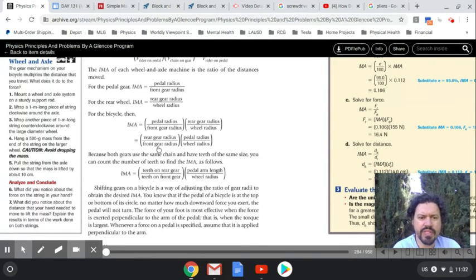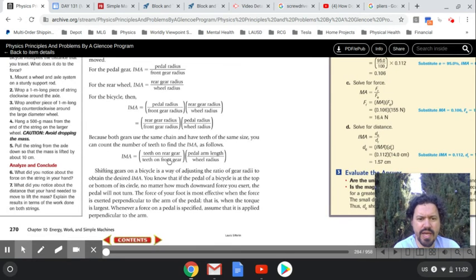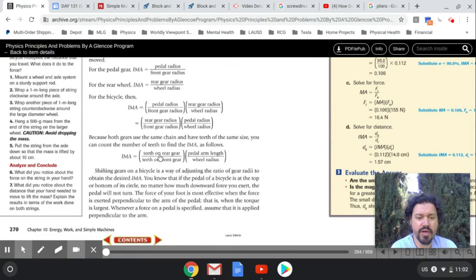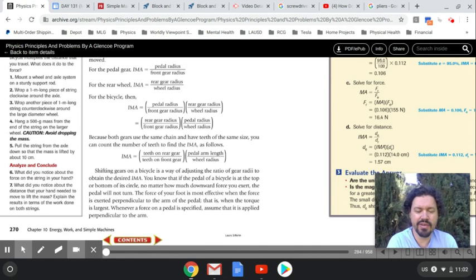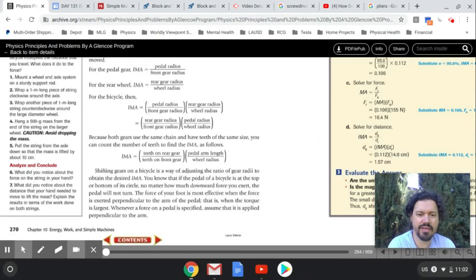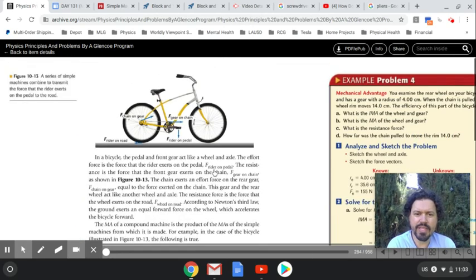We can move these things around a little bit to connect some of the concepts. Like one easy way to figure out ideal mechanical advantage is to compare the number of teeth on the front and rear gear. If you're a biker, then you know about this stuff already because you shift gears, and this is why. You're shifting gears to get the ratio of teeth in the front and the back the best for whatever you're trying to do, right? So that's what you should have got out of